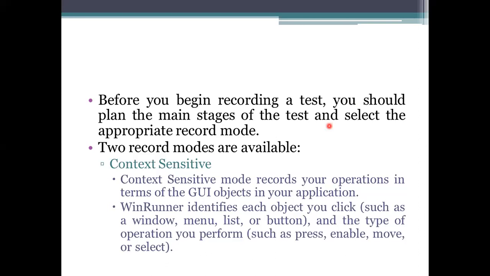For example, consider, let me show you. Consider there is a window of this representation and it has a login and password.